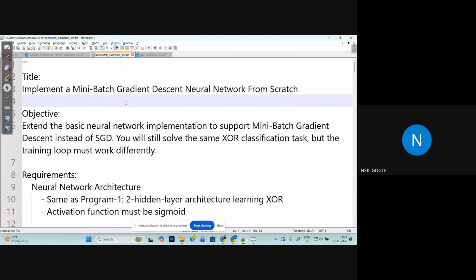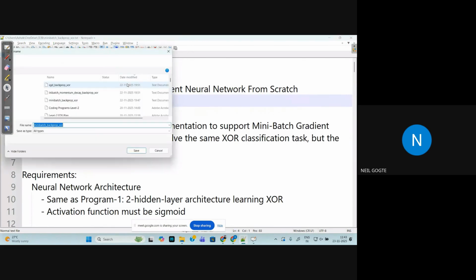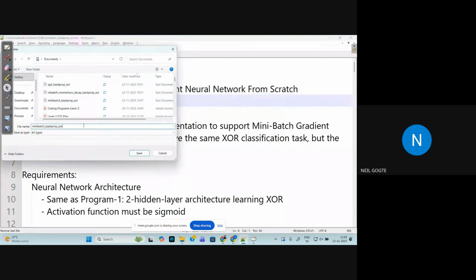Now this is called mini batch gradient descent neural network from scratch. Mini batch it's called, but it can also be called mini batch with SGD, not pure SGD. What you saw was pure SGD. So now we asked, a very simple thing we did, just to share this with you, how you should